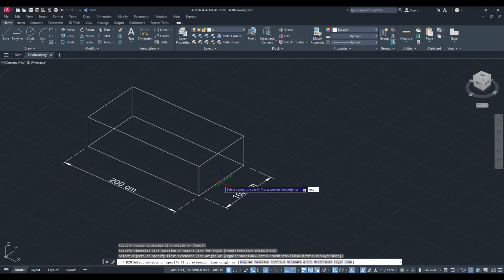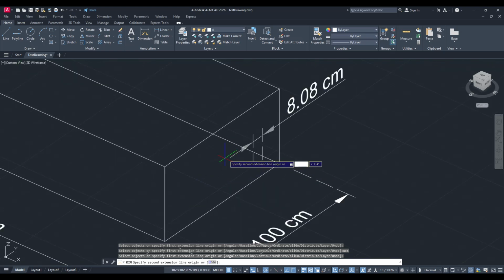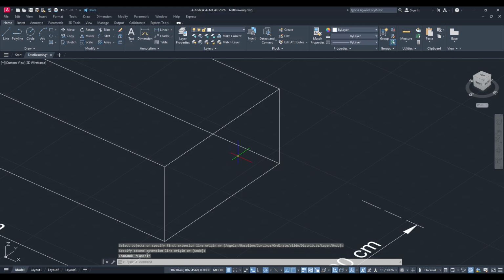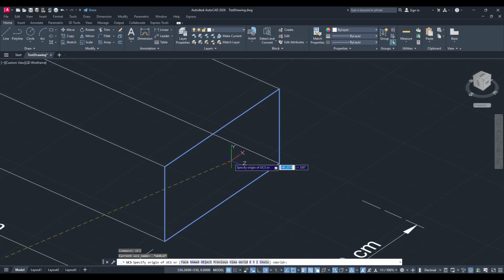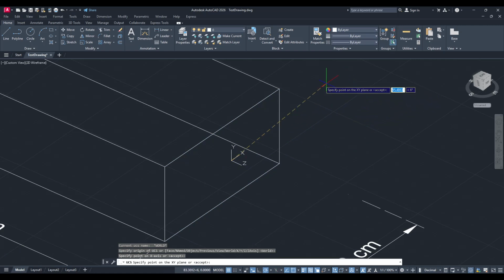With the UCS command active, use your mouse on the model to define the UCS. Click on a point on the side face to place the UCS origin. Then, move along one edge of that face to define the X direction, and click again. Finally, move along the perpendicular edge on the same face to define the Y direction, and click. By doing this, you've told AutoCAD, work on this plane, so any dimension you place now will reference that face